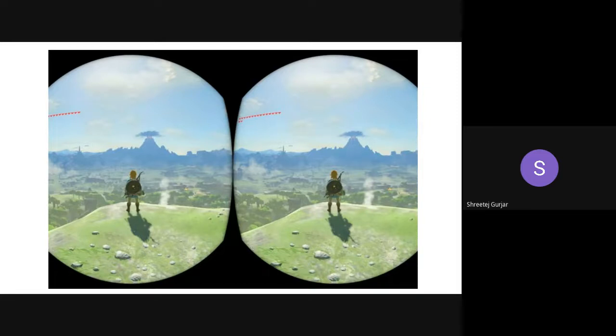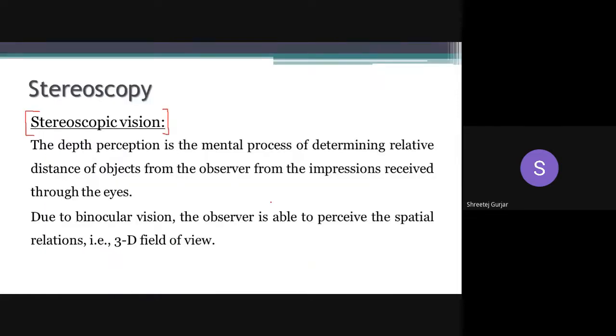So why do we not see two images from two eyes, but only a single image? Rajwal, yes sir. Both eyes will concentrate on one point, sir.